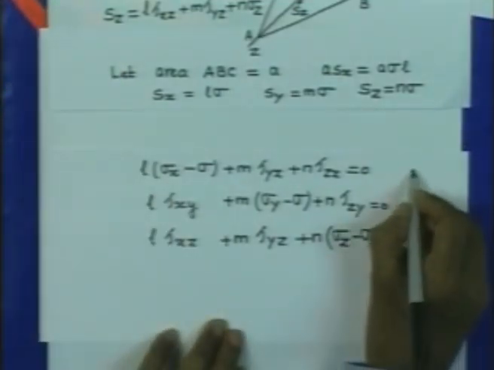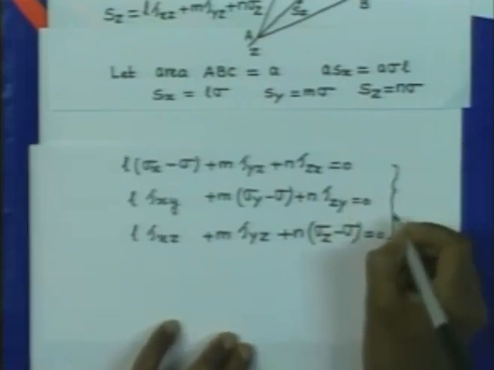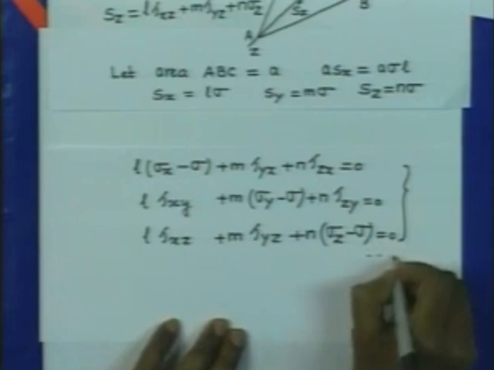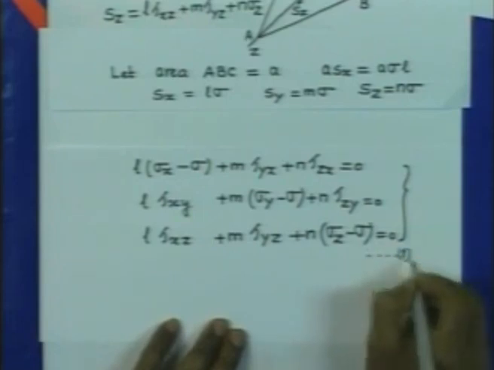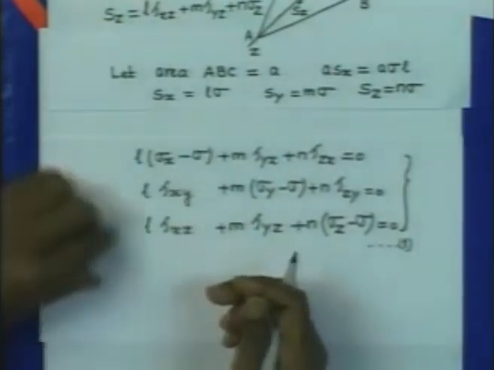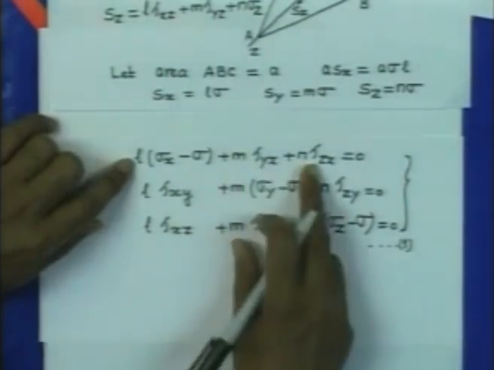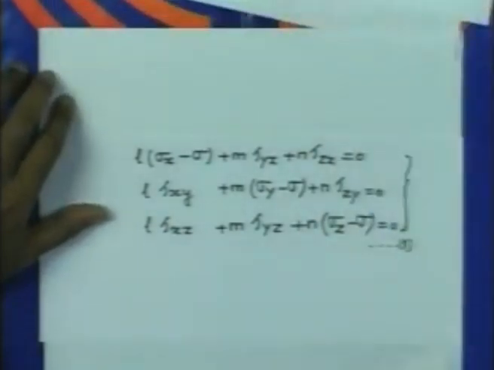This set of equations, let us represent it by set 1. Now, it is a homogeneous set of equations with unknown L, M and N, the direction cosines of the plane,